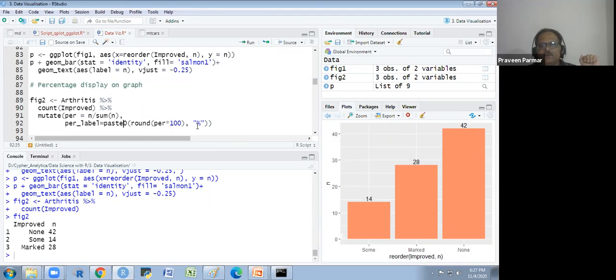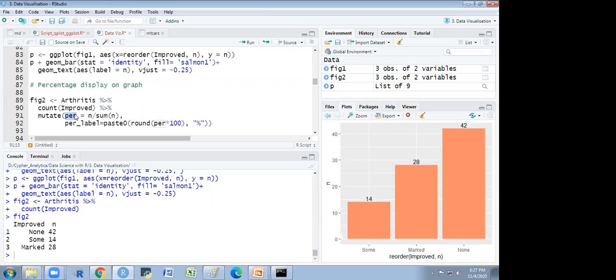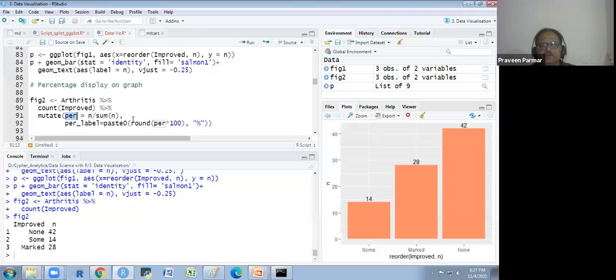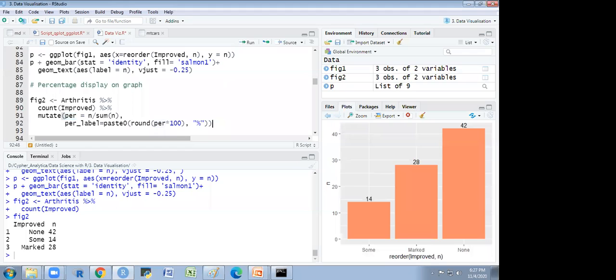And with paste, I want to paste percentage with whatever per I am getting here. Sir, here paste 0. Paste 0 concatenates the two things, that percentage and percent sign.